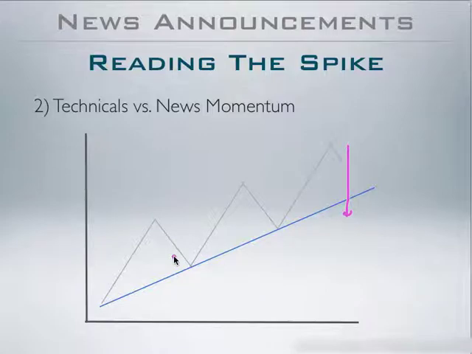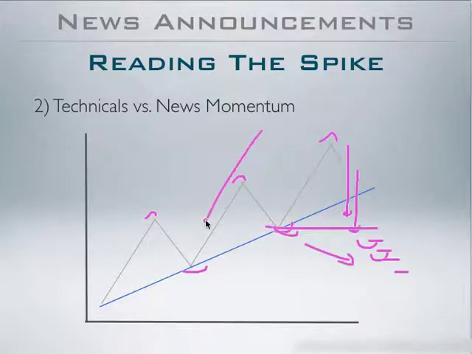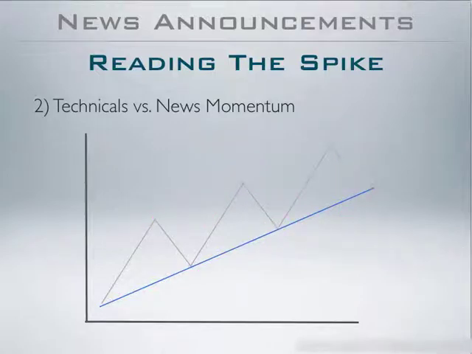I mean, at the end of the day, a trend by definition is nothing but a string of higher swing highs and higher swing lows. All right, that's the definition of an uptrend. If the spike can drive price down enough to make a lower swing low, meaning price ticking down here, well, that's the end by definition of an uptrend. So what we are basically going to determine here is whether the technicals, meaning the trend, is strong enough to survive a negative news spike.